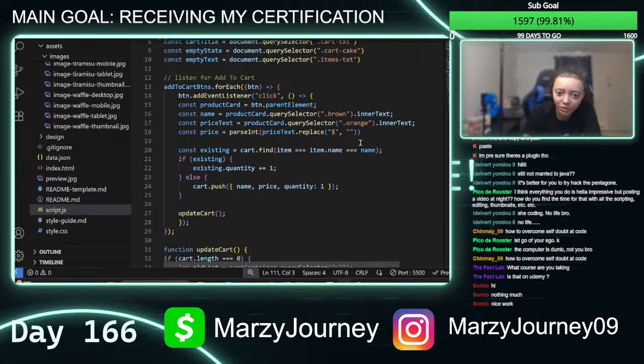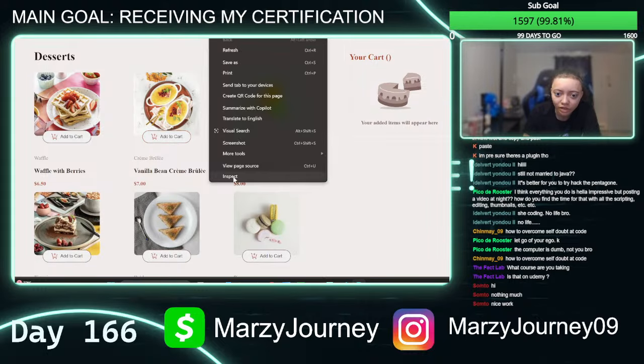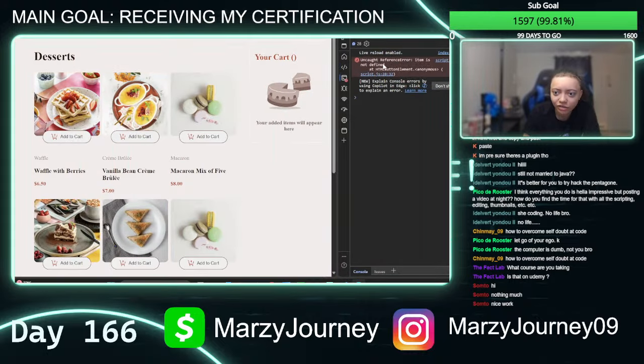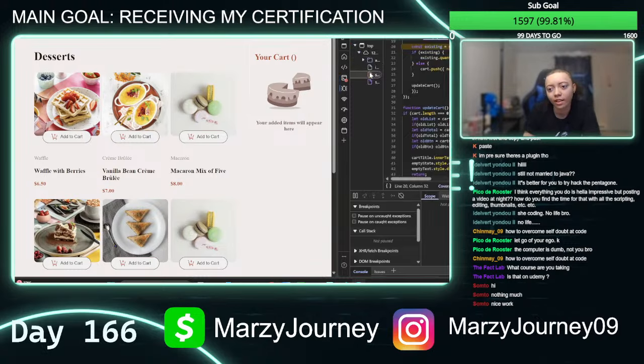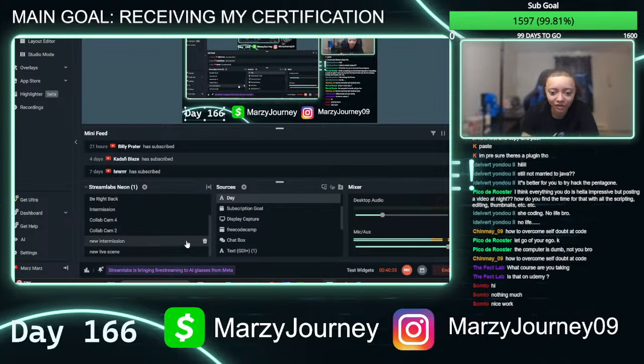Currently can't get it to work though, but we'll see. Let me try it one more time. Yeah, so it's still not working as of yet, and it's still saying item is not defined, and there's 2. Item is not defined, and we used item twice. But it is. I swear it's defined. I mean, it's not defined up there, but I swear it's defined. So I'm probably going to have to take this to Free Code Camp, and probably going to have to take this to ChatGPT.